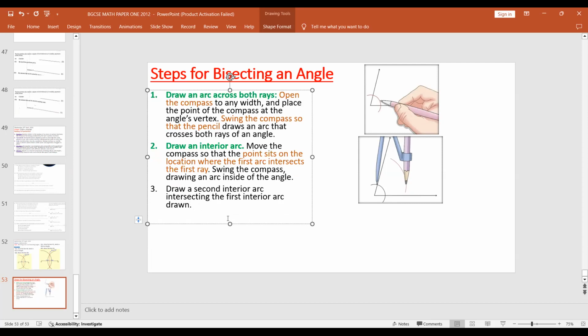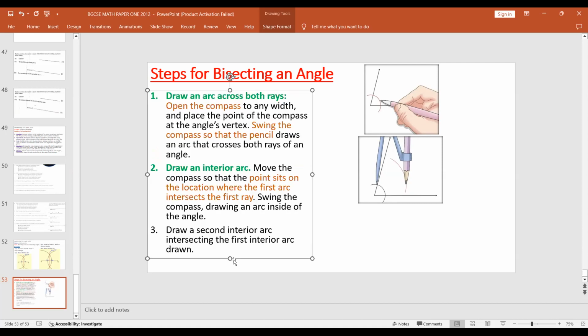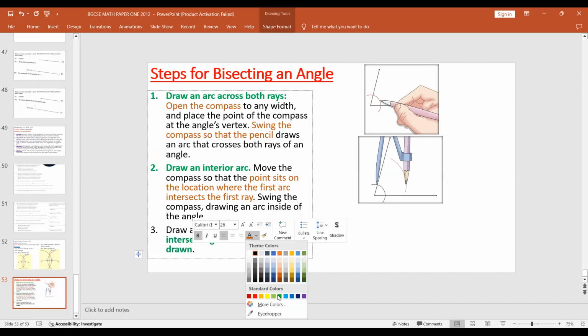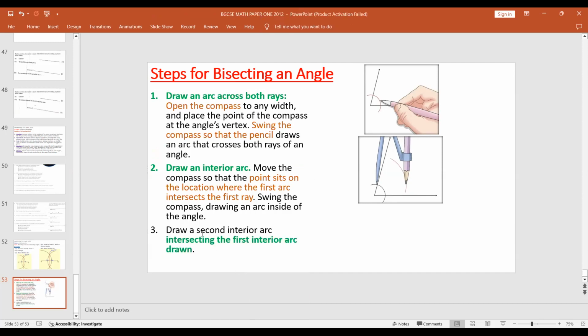All right, so that's the next step. We're going to draw a second interior arc, and that interior arc must intersect the first one that was drawn. So draw a second interior arc intersecting the first interior arc drawn. So what does that mean? That means that we need to